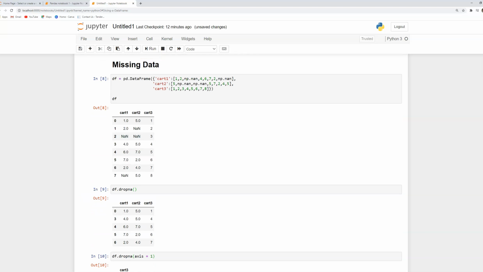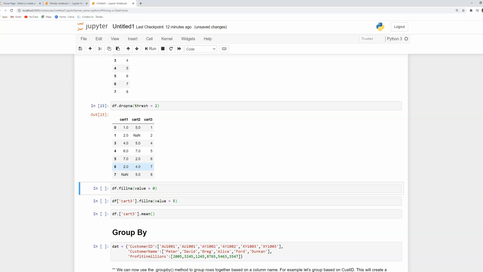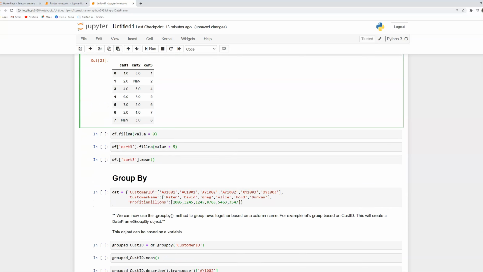Why? It is because row number 2 has only one non-NA value. That is why it has removed that row. Again, if we want to do the operation on columns, we have to write axis equal to 1, because the default is axis equal to 0. So if we want to do this operation on the columns, we need to write specifically axis equal to 1. So that is how thresh works.